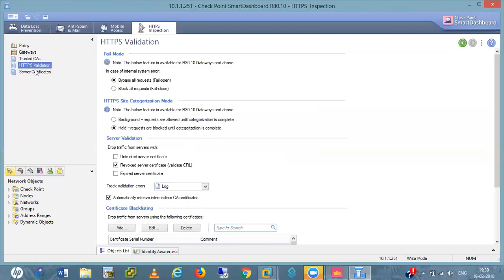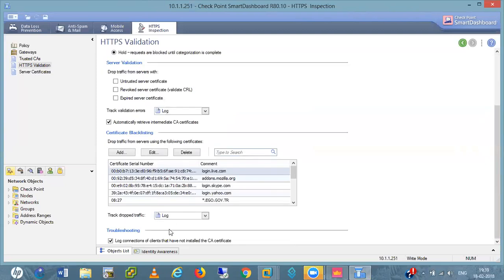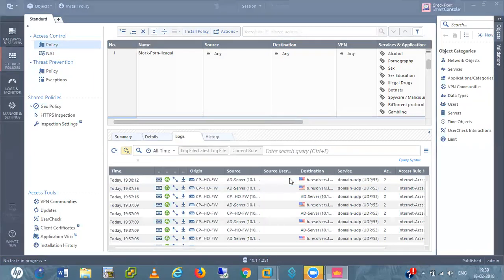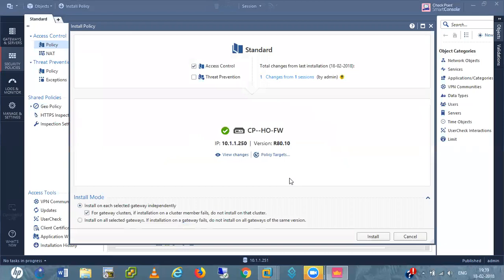Bypass all requirement failover, revoke server certificate validate. I remove this one, the revocation check. Revocation check means it checks certificate validity every time.